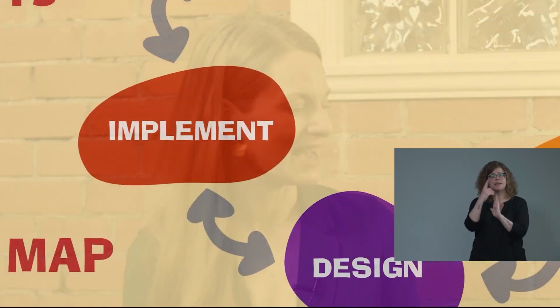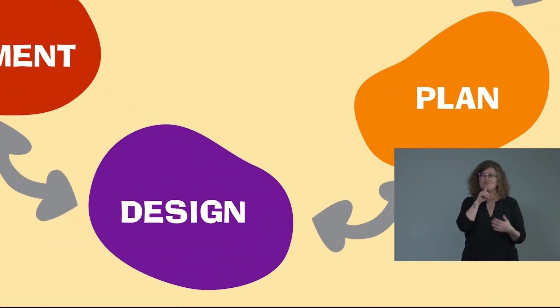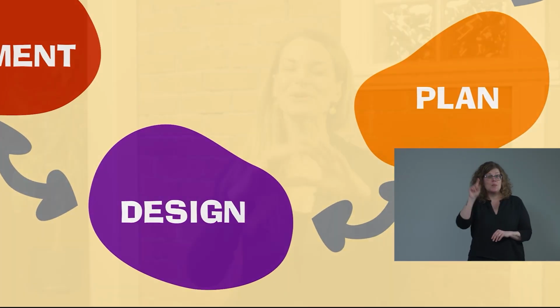So then the next step is to plan and design your project. This is also really fun. This is where you have all the parameters in place. So you have your project plan, everything is ready to go, your artist is selected, and they start to go into the community. Maybe they're doing some community engagement, they're doing some research, they're starting to design their concept for the community and the way that art is going to exist in the community. That concept is their exciting new idea that's just for you.